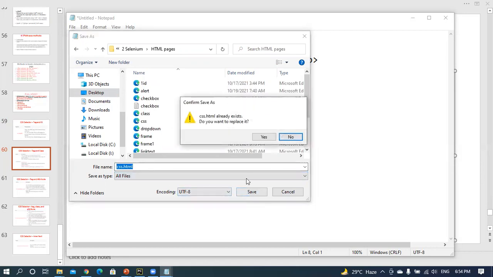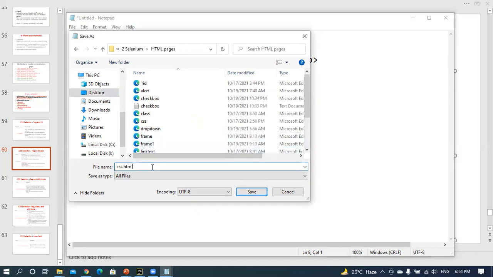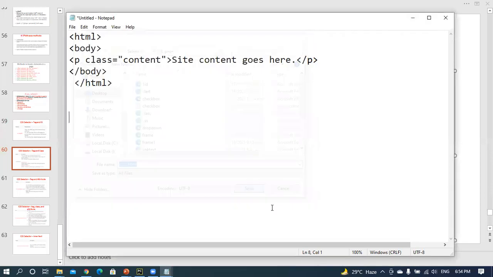Save this file. It already existed, otherwise I am going to give another name, css1.html.